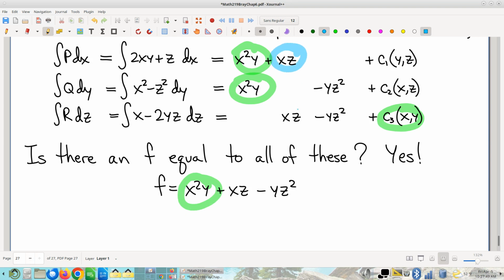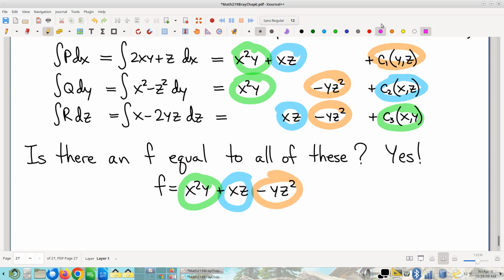Likewise, xz there, and this could be xz right here. So, cool, we have xz in all three lines. And then lastly, minus yz squared. And this right here could totally be minus yz squared. Like so. And so now, as required,